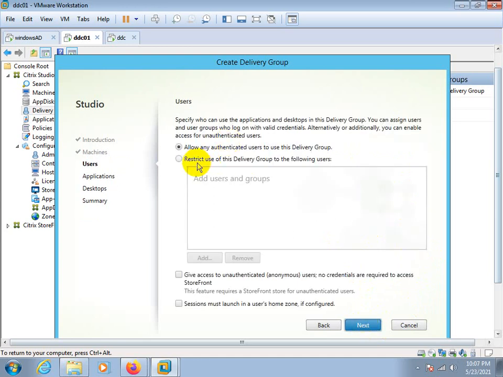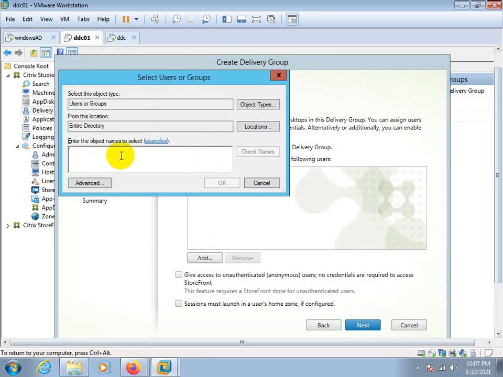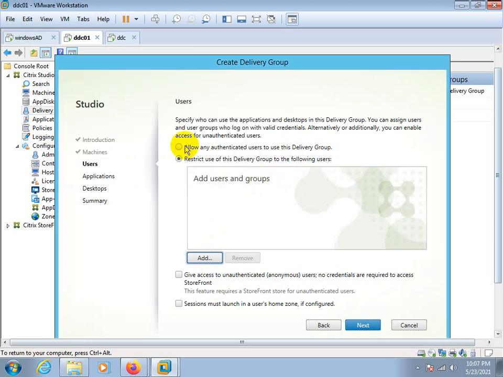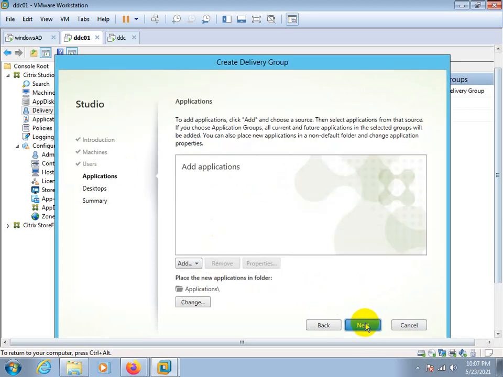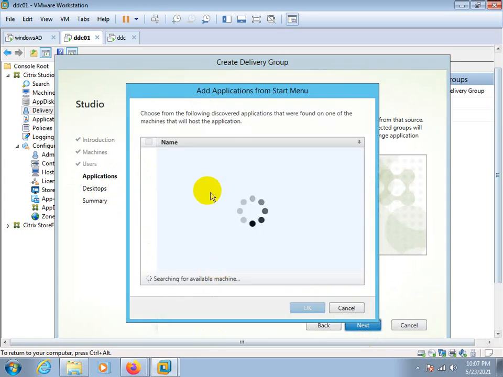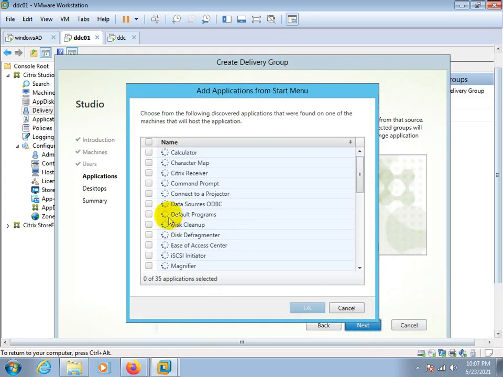Okay. So allow for all, or restrict user delivery. Here I can add users, but now I am allowing for all. It is a desktop; add applications. You can see from the start menu, it will show you the applications list.